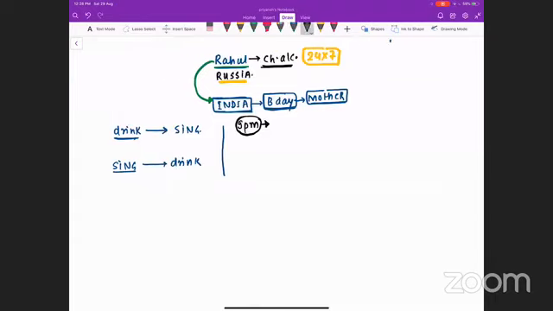Obviously, the correct sequence is the first one. First, you will drink, and you will get high. Once you get high, then you will start singing, dancing, and so on. Singing means Gana, right? So the same events are going to occur at his home.